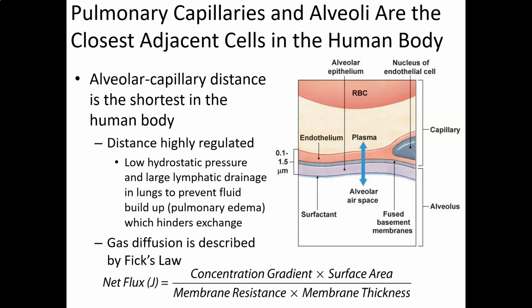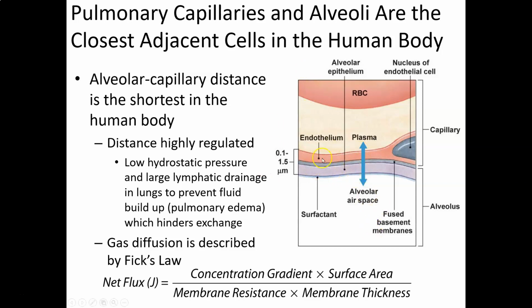So it's not a very high pressure. Remember, the hydrostatic pressure is a result typically of the blood pressure. Since there's low hydrostatic pressure, there's little fluid getting pushed out of the capillaries into the space between the alveoli,